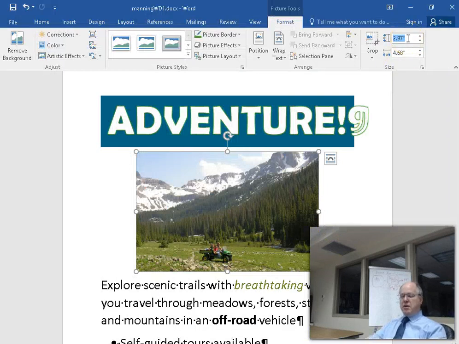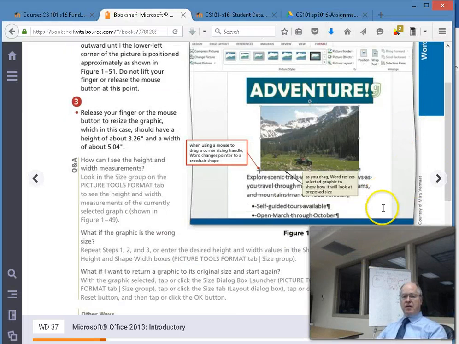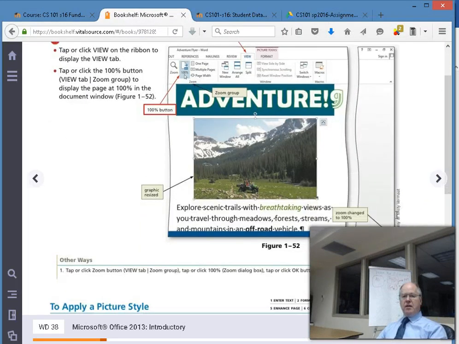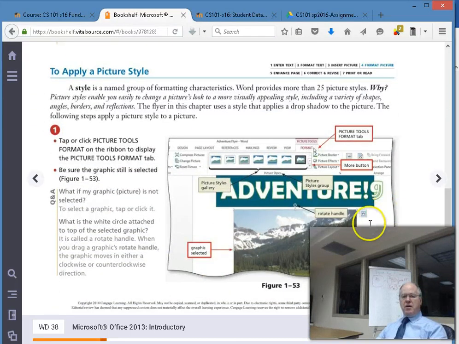And watch what happens when I make that 3.25. The other dimension automatically increases as well because they are tied together. It keeps the aspect ratio together. And there's my picture. Now that we have the picture in there, we're going to apply a nice picture style,